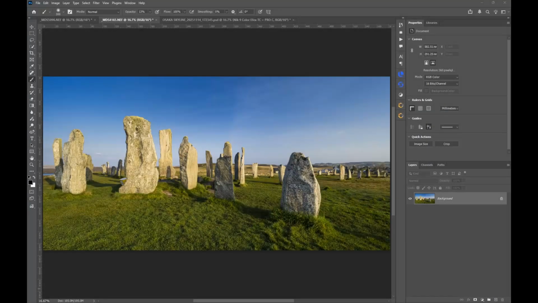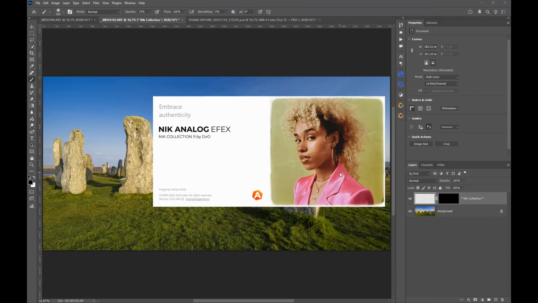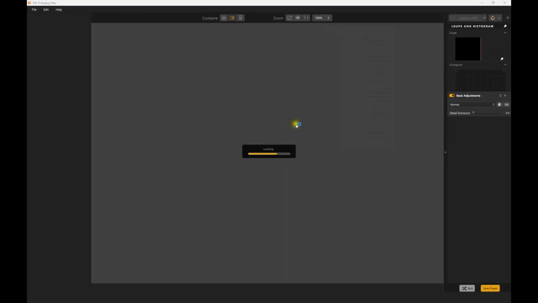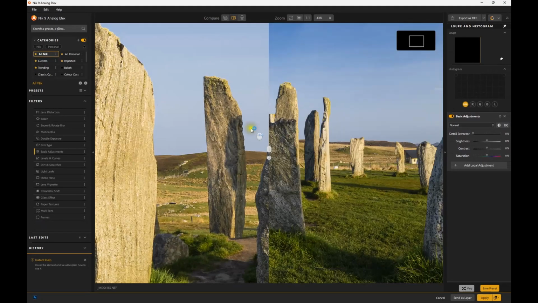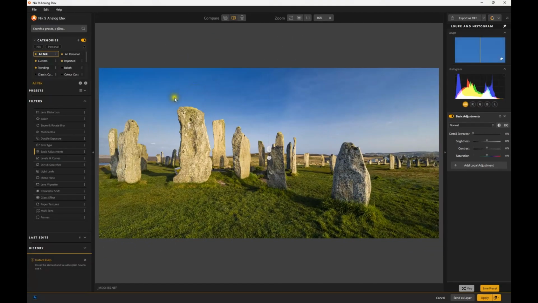So let's now go back to this photograph of the standing stones on the Isle of Lewis and Harris and have a look at these couple of other filters that occur within analog effects. And if you're not familiar with analog effects, there's a broad range of different filters available here. We're just going to look at the new ones in this particular video because there are so many different ones to go into. And when you go into analog effects, by default it's going to always apply these basic adjustments